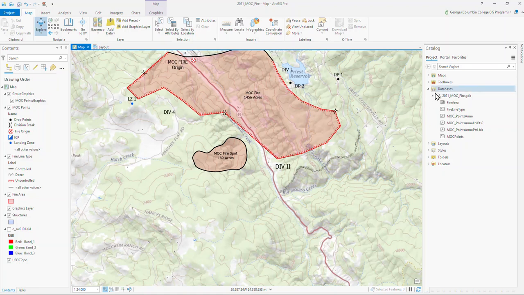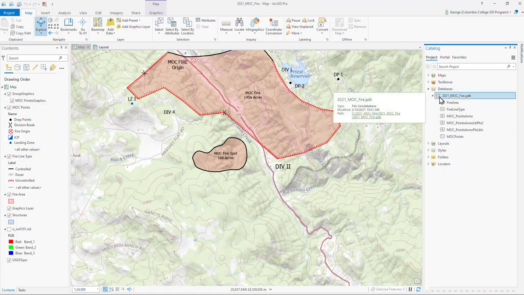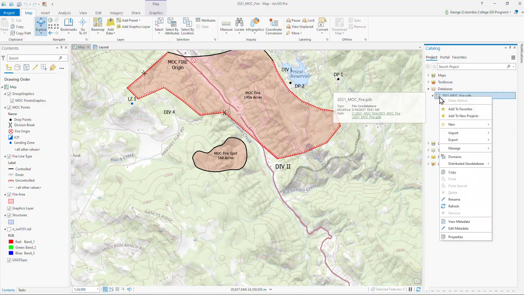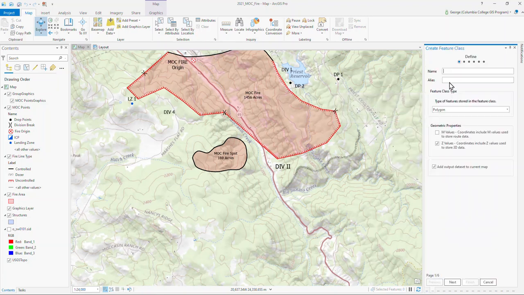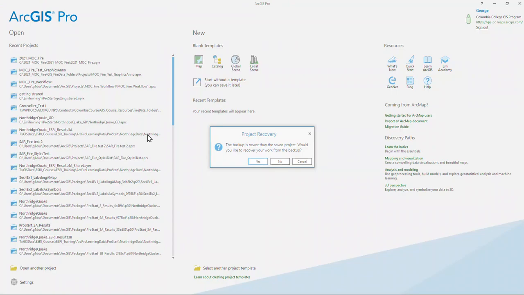So go into your database and go into your Fire geodatabase and right click, and let's add new. We're going to add a feature class, and we're going to call this practice. I'm back. Okay, just as I was about to show you a step, Pro crashed on me, and so